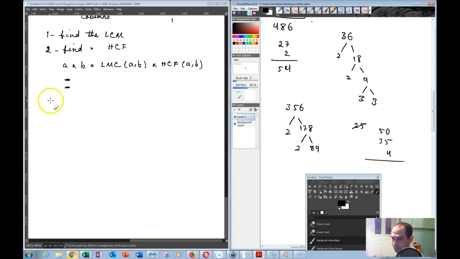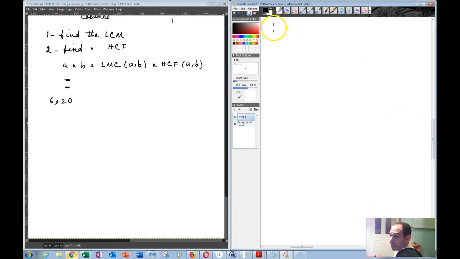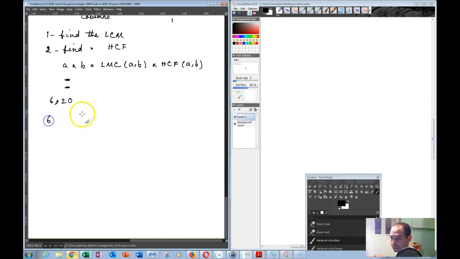So if you have 2 numbers 6 and 20, and you want to find the LCM of these 2 numbers, what you will do is that first you always need to prime factorize your numbers, and there is also something called the